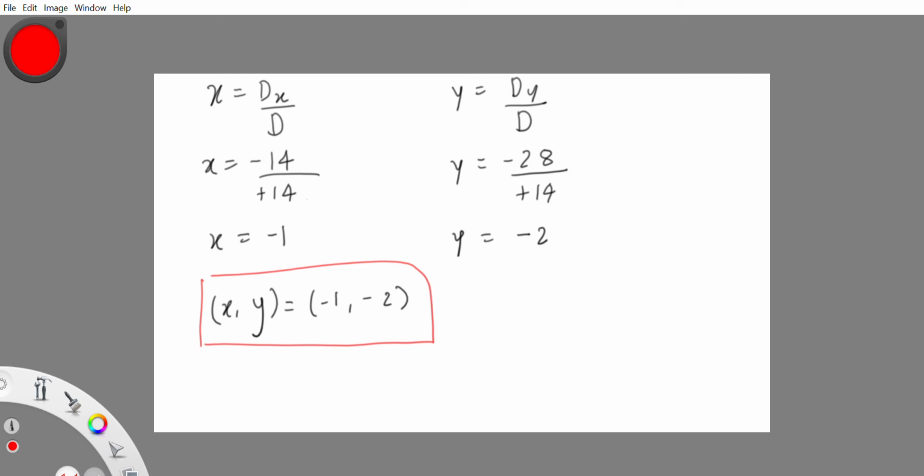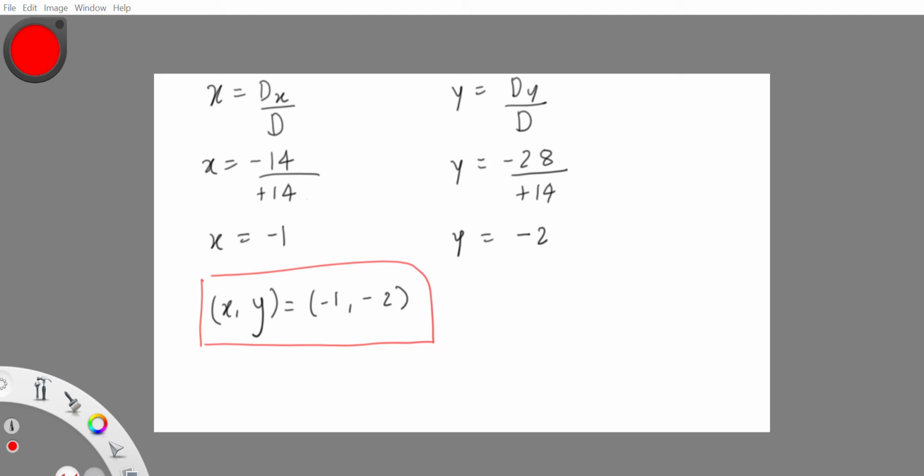Now this question is also given in the textbook. Hopefully you can refer to your textbooks and understand how we solve questions. We'll be moving on to a new question which is not from the textbook, in order to understand different types of questions that Cramer's rule might help us solve.